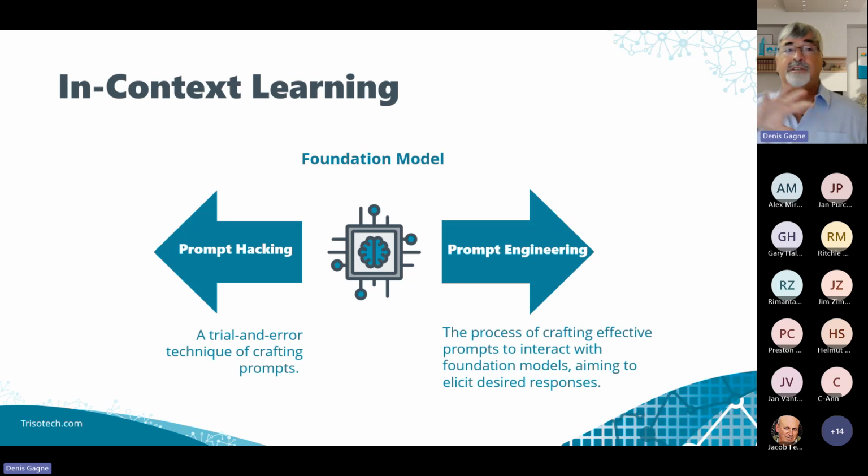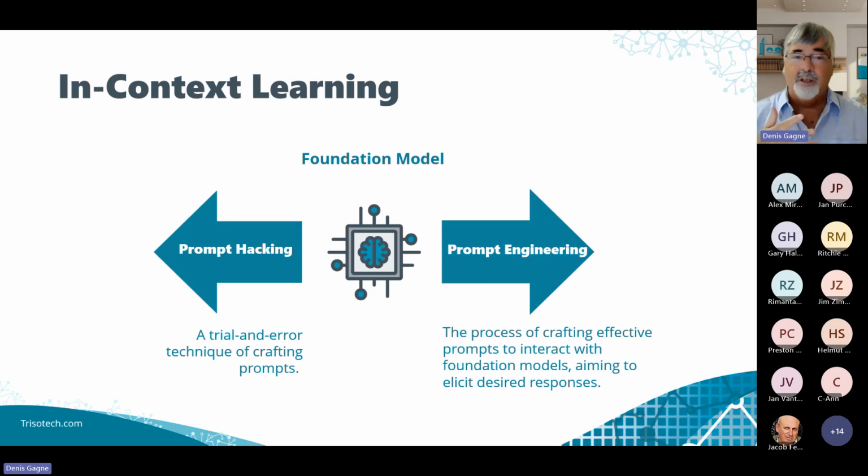So if you go into this right-hand side, which was the in-context learning, there's the whole idea of working with the prompt. And actually, the term prompt engineering kind of appeared as I was progressing through this project. Like everybody else at first, I was playing on the prompt hacking side, so trial and error techniques of crafting the prompt.